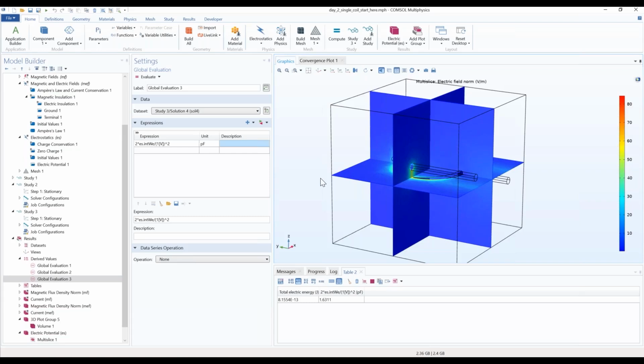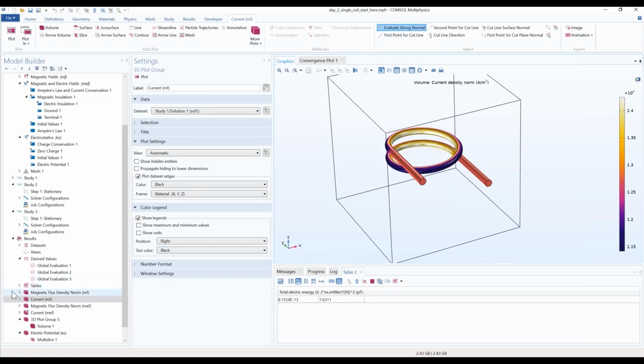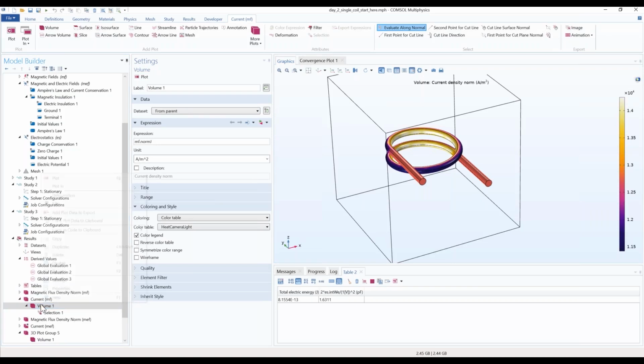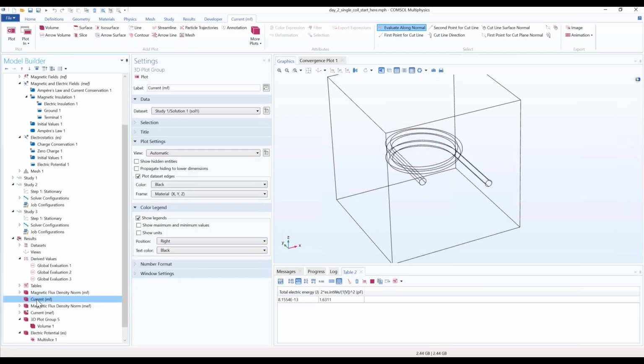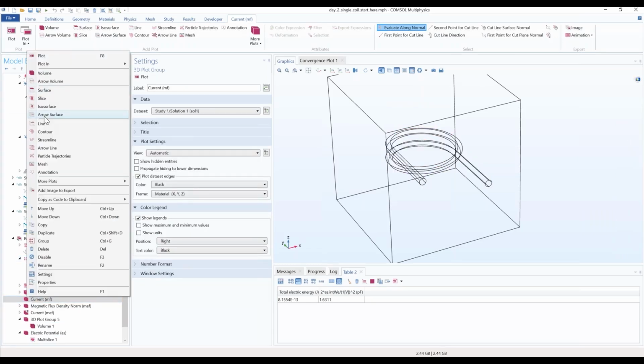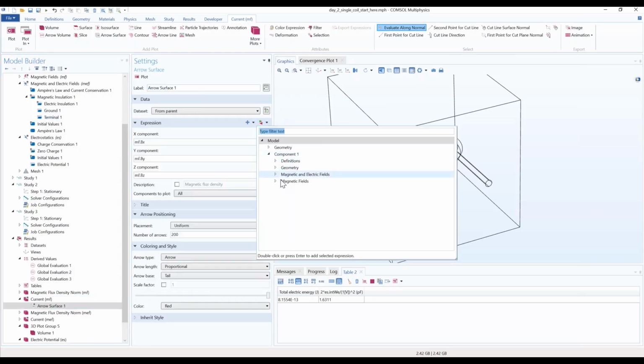Let's go back to the magnetic fields, or the magnetic and electric fields. It does not actually matter which one we work with here. We're looking at a plot of the magnetic field, and in this plot, a plot of the current magnitude. Within this current plot, we'll delete this plot of the current magnitude, and instead add an arrow surface plot of the